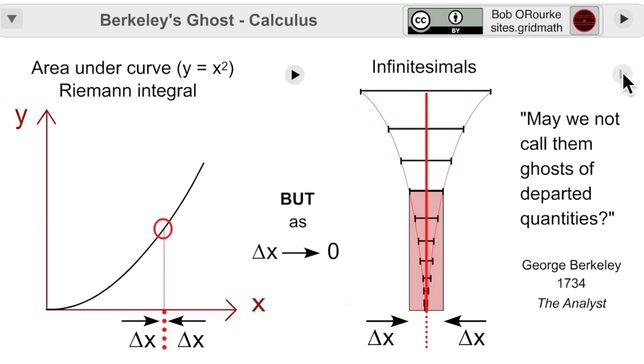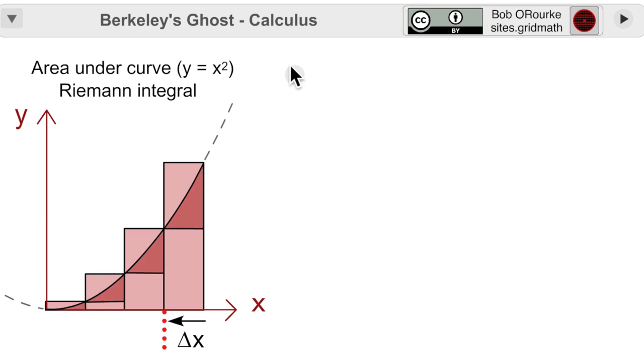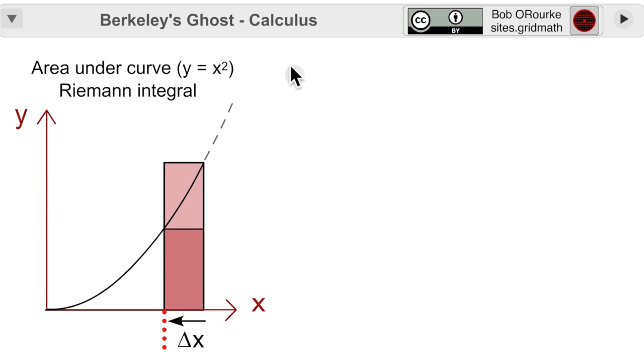This takes a look at Berkeley's ghost as an introduction to the limit concept in calculus. The integral is usually introduced as an area under the curve, and here we start with two rectangles, one entirely below the curve, the other with a part of its area above the curve. The width of these rectangles is the delta x, or the change in x, and we progressively narrow delta x